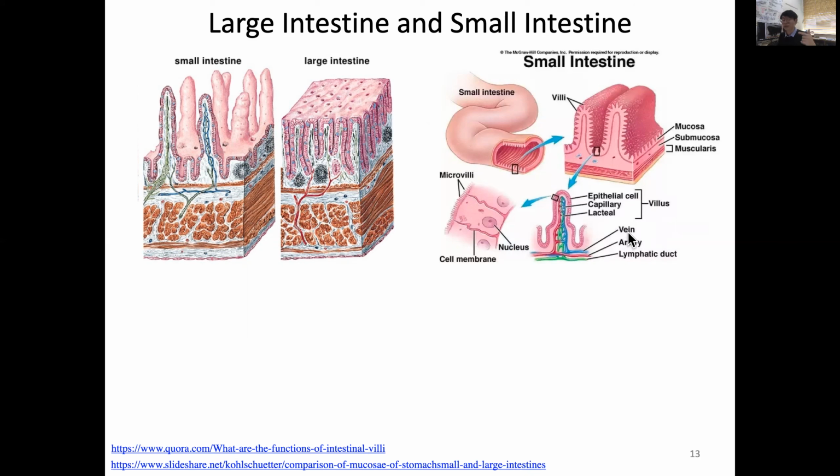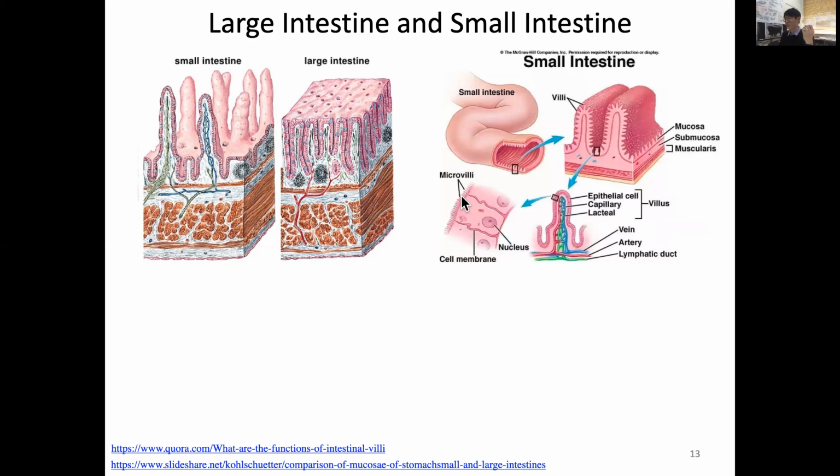And of course, it's connected to the vein, artery, and lymphatic duct. If you look at this single epithelial cell, the apical part is not smooth. It has, again, a lot of fine, finger-like structures called microvilli, which effectively increase the surface area